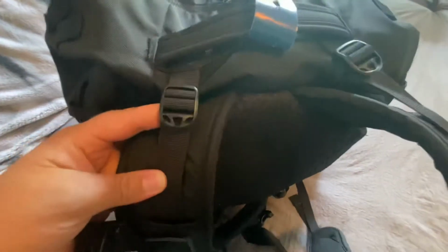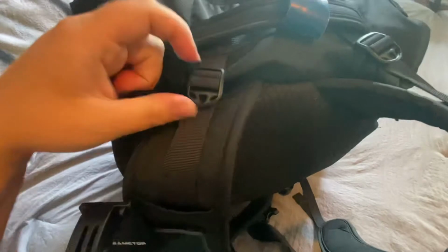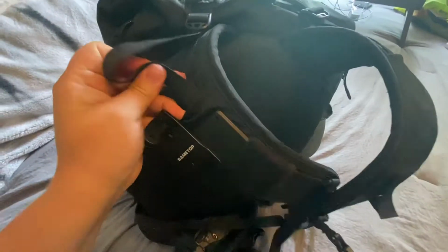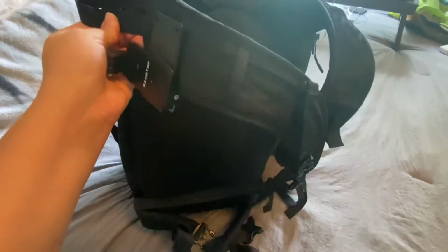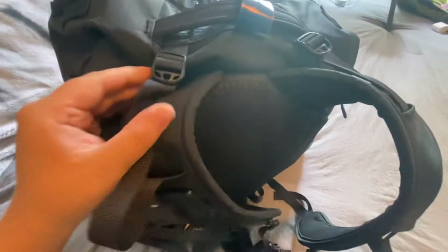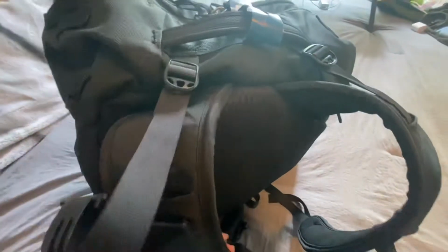So one of the features we really liked, and I did think was important, and so did Tom, were these on the top of the straps. You can adjust them to pull the weight higher up on your back, and then you can tuck the little strap in. I was trying to pull it out so you could see it, but here it is hanging out the other side. And Tom adjusted it pretty high, I feel like, just to kind of move the way the weight was sitting on it